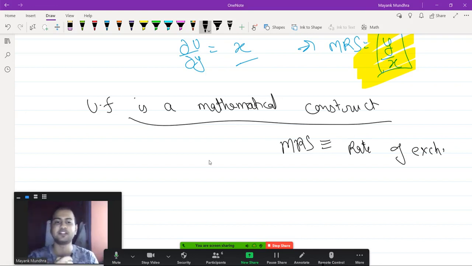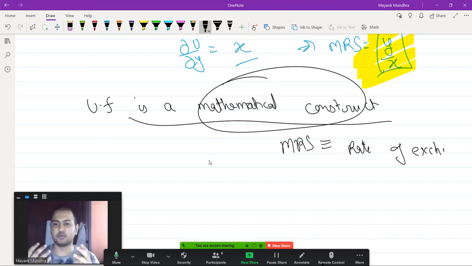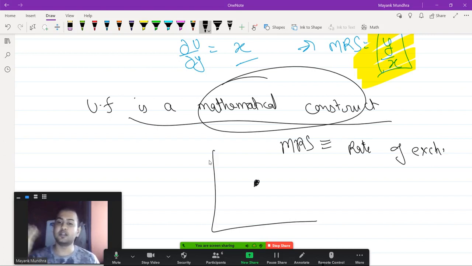Now as a mathematician, if you do any kind of monotonic transformation and change my utility function, in real life that will not change my rate of exchange. My rate of exchange does not depend on what utility function you are allotting to me and what kind of transformations you are doing on me. So rate of exchange at any point has to be independent of whatever mathematics you are doing to my utility function, so to say. Okay, so that's why it's not a property of utility function.